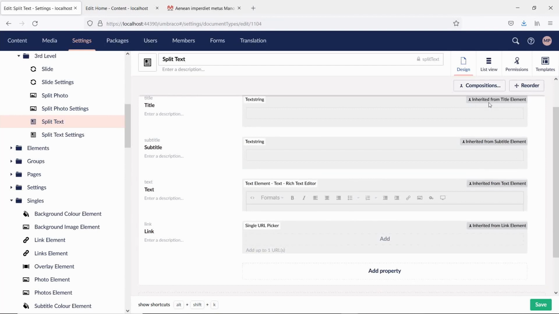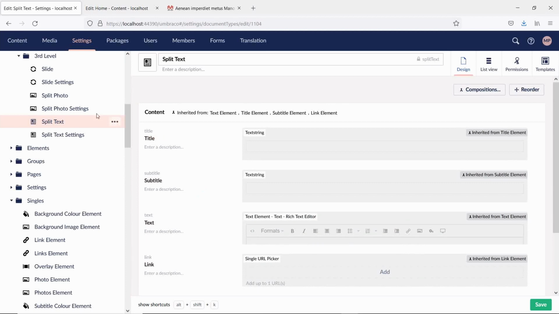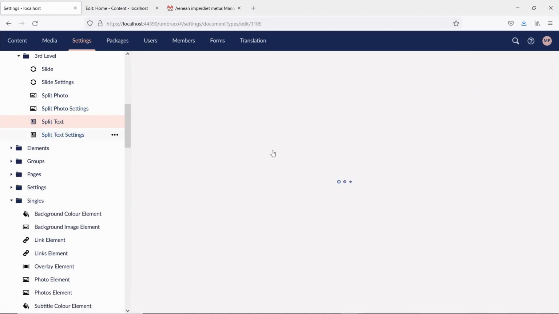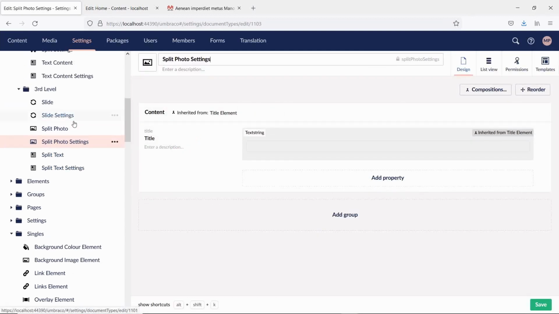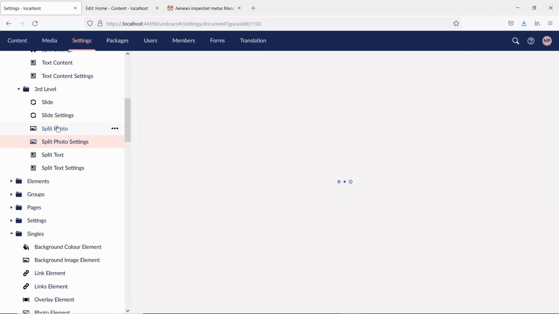obviously. So here we have the title, the subtitle, the text, and a URL link, which we use as a button. Now, we're also using the title in the settings just as a dummy, and we get to use it pretty much everywhere. So this is the split photo, and we use it in its settings, and we